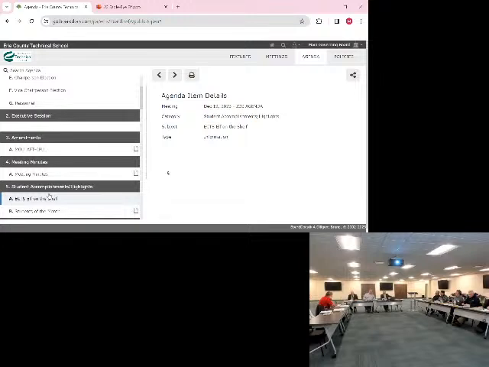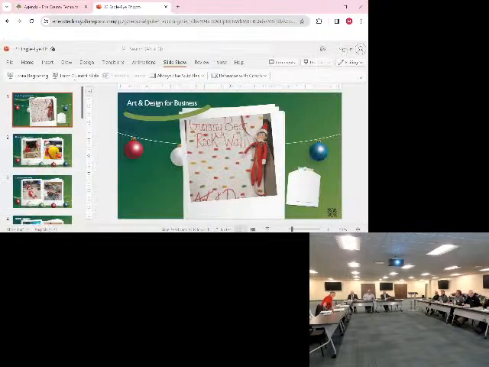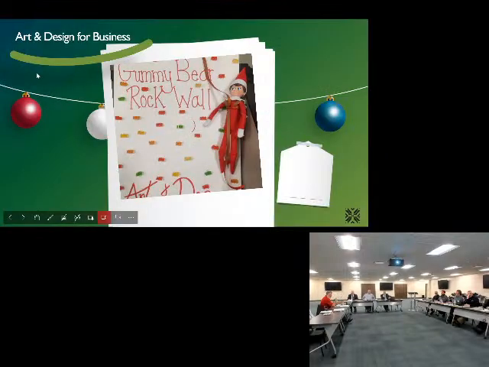Elf on the Shelf. Our school resource officer, Christina Yaney, has named herself Christmas Tina, and she's constantly trying to come up with new initiatives for student involvement and different things like that. So she brought in her children's elf, and she set up a schedule with all of the programs where they get a day with the elf. There's actually three of them, to be correct.